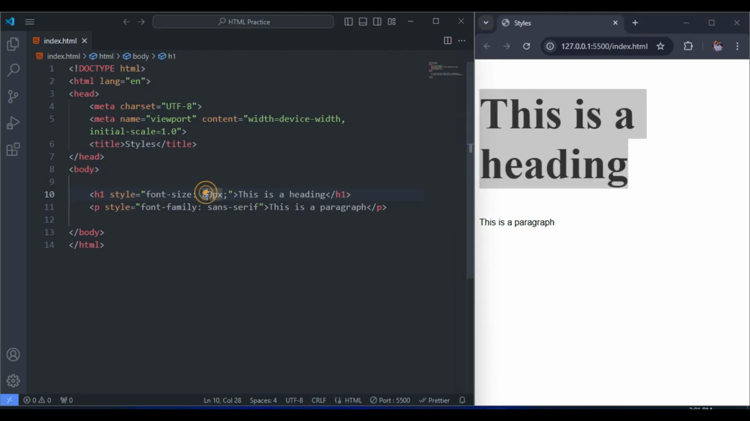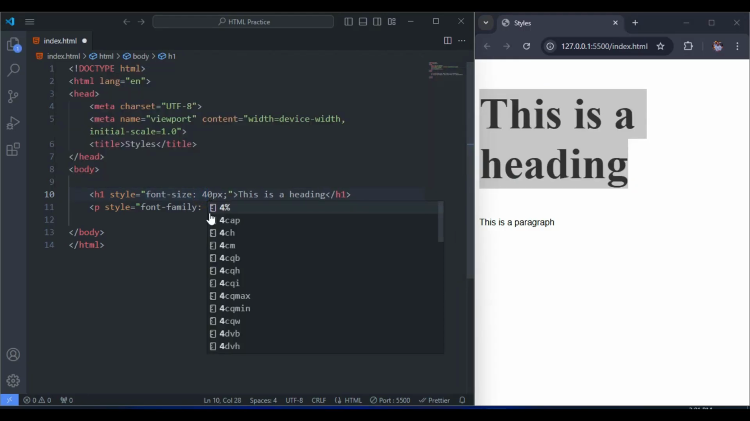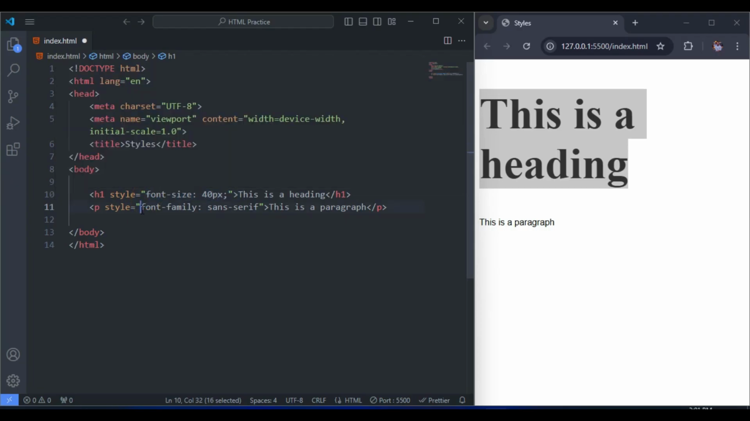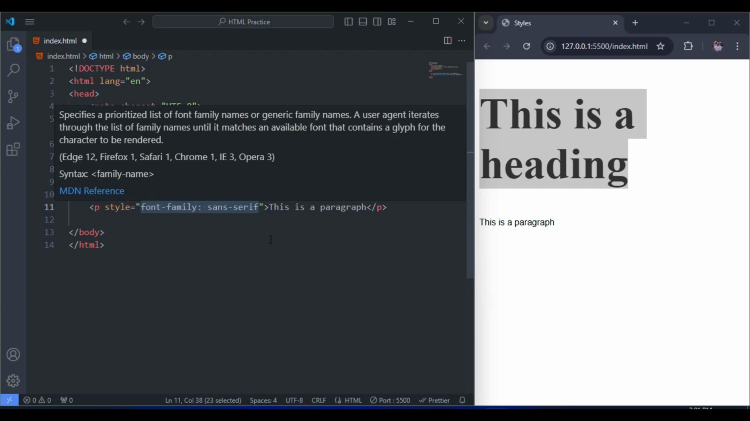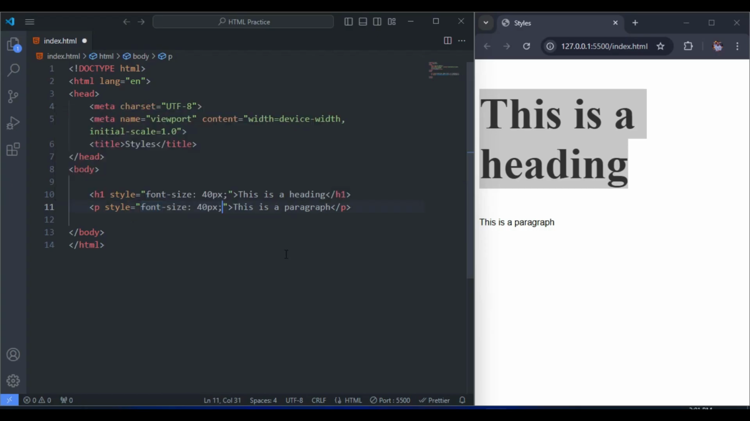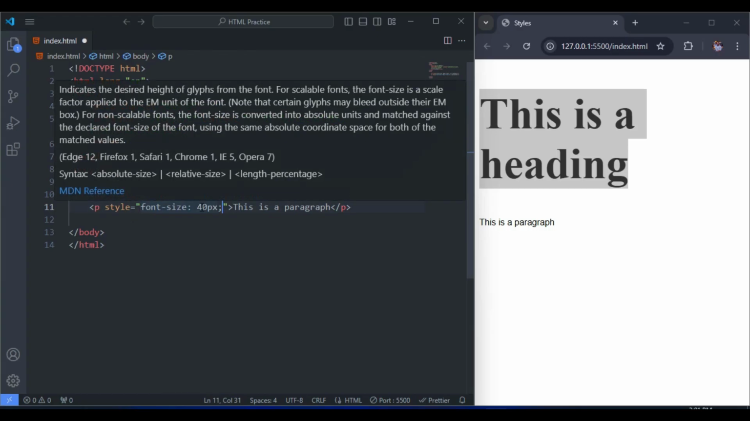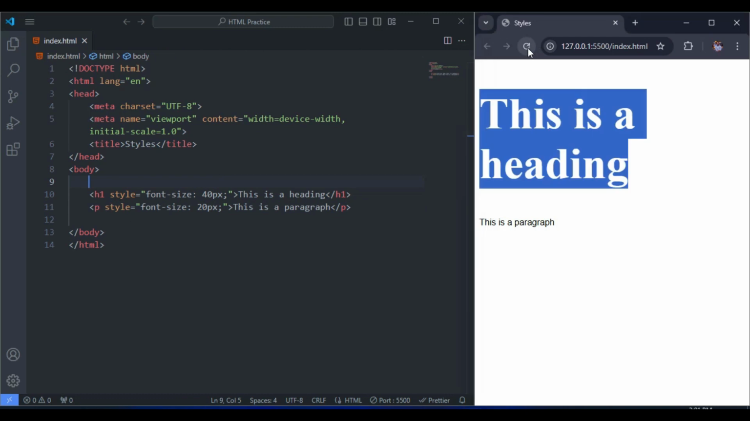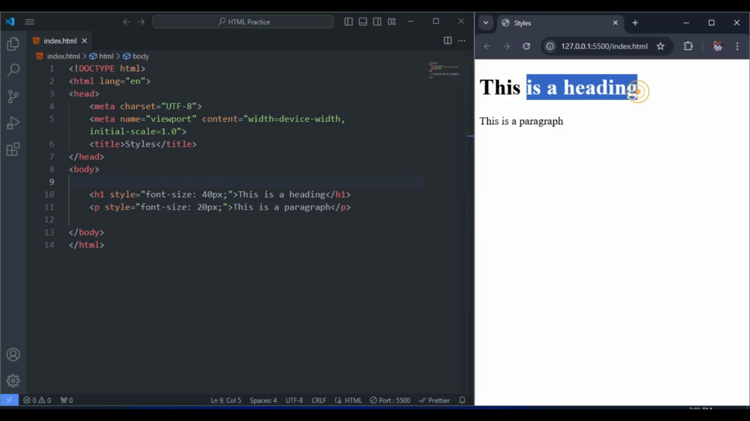Let's go ahead and change it to 40 pixels. And the font size for the paragraph, let's go ahead and copy this. Let's change the font size for the paragraph as well. Paste this, and we're going to change it to, let's say, 20 pixels. Alright, let's go ahead and save our file. As you can see, now we have our headings with 40 pixels font size and our paragraph with 20 pixels